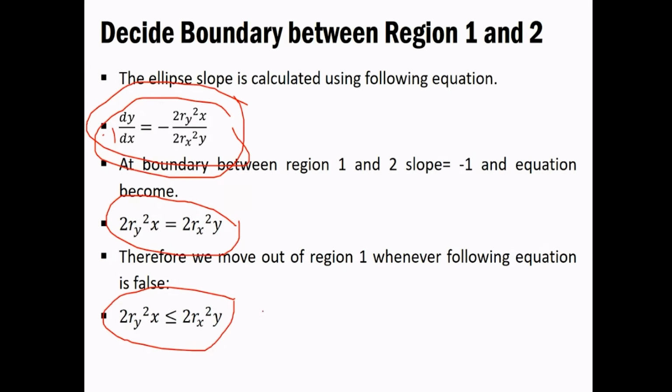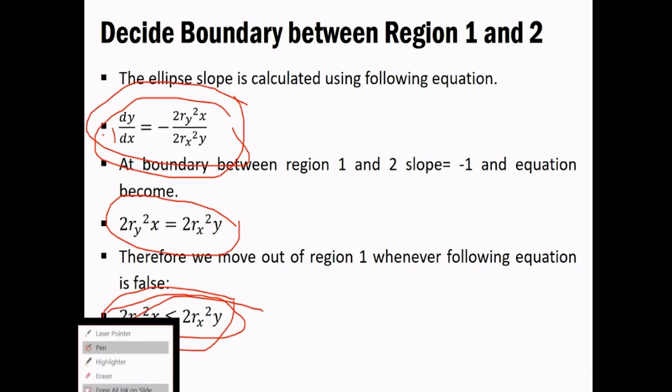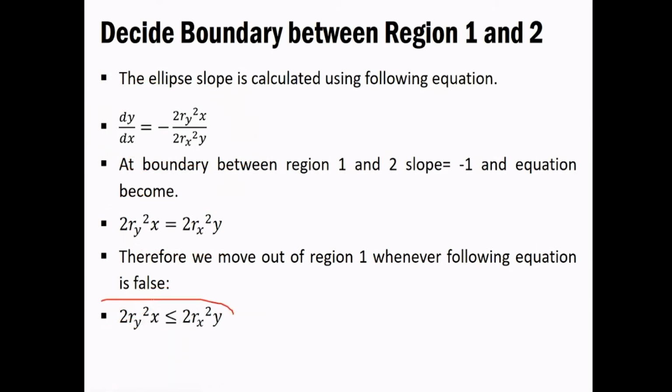Now, you have to write this particular thing in your notebook, and you have to check this at each and every iteration while solving the problem. So if this thing is satisfied, then you simply have to switch from region 1 to region 2. That is the boundary decision between region 1 and region 2. Fine.